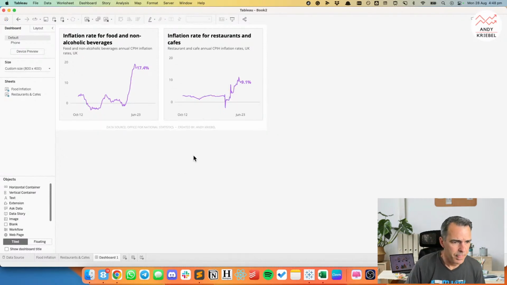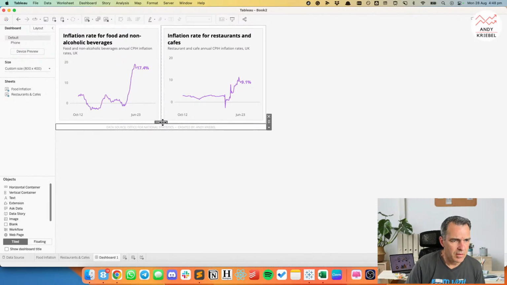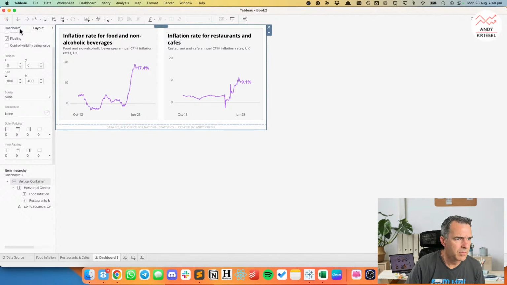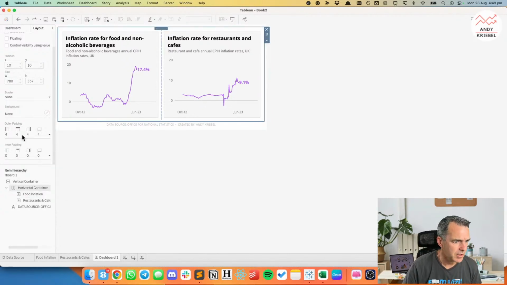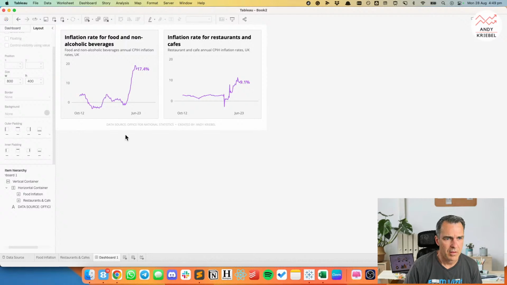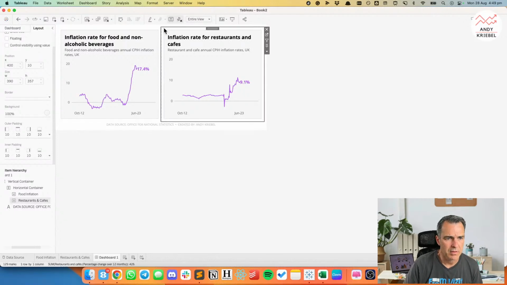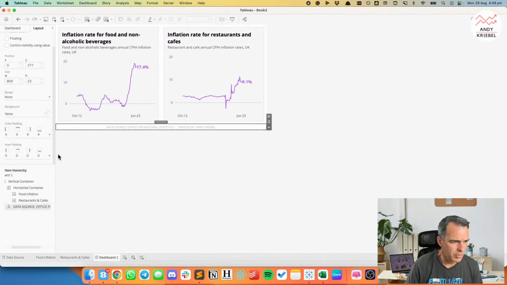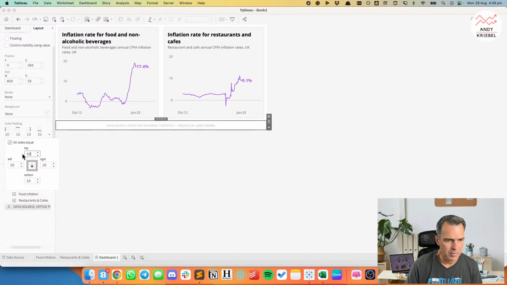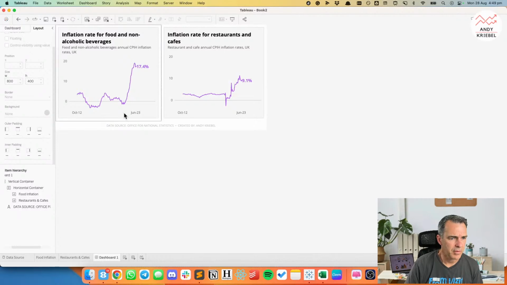All right, very good. And now my outer container needs some padding. So let's put maybe 10 pixels of padding on that one. And then this container, we could get rid of the outer padding. So let's set that to 0. But now it looks like there's too much padding around the whole thing. Maybe I should set this to 0. And then this one, I'll add some padding in. Let's make it maybe 10. Okay, there we go. So that's a bit better.